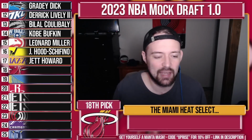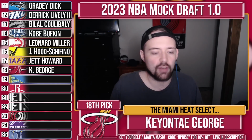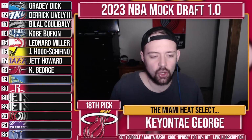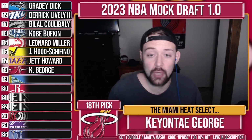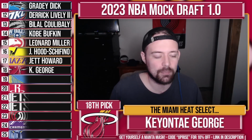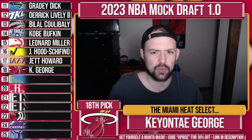At 18, I have the Miami Heat selecting Keontae George, the combo guard out of Baylor. I think Miami could look to solve their point guard position long term. Gabe Vincent's there, but he's a solid role guy. Kyle Lowry's obviously getting up there in age. I think that the Miami Heat could look at a point guard here, but Keontae George really isn't that. He's kind of in the Tyler Herro mold, so he might not make much sense,